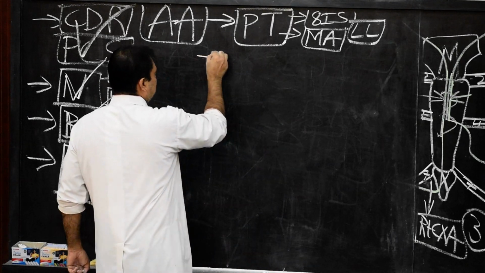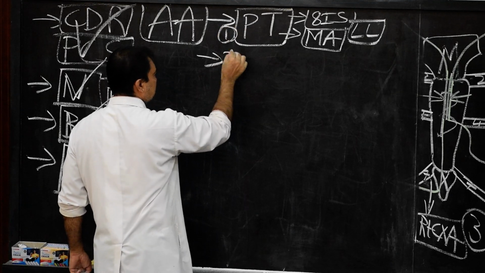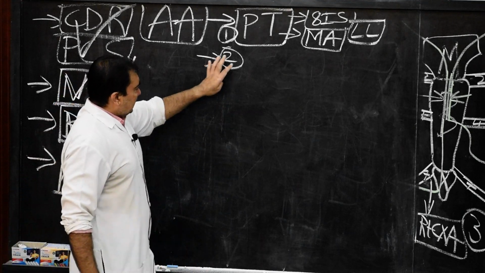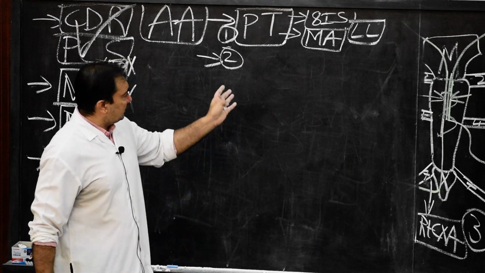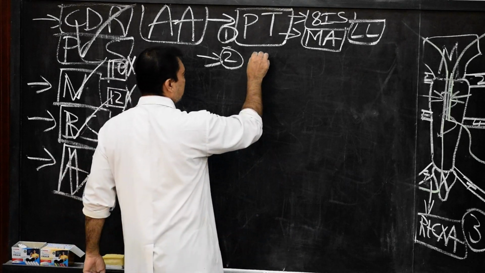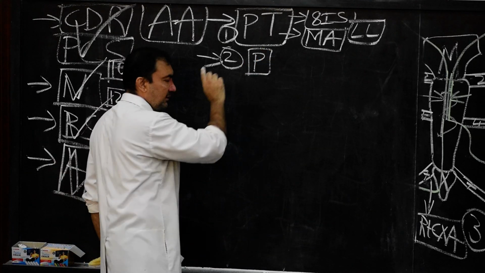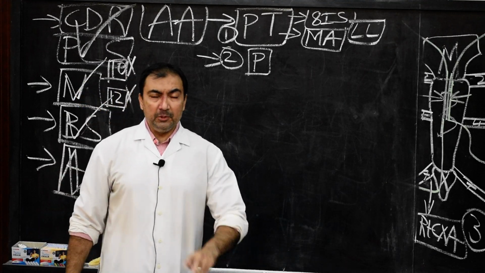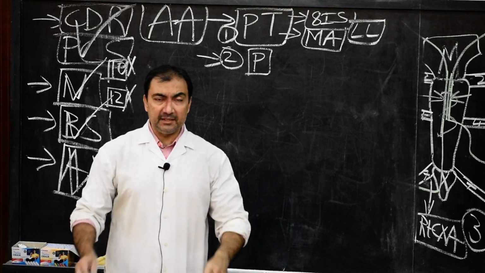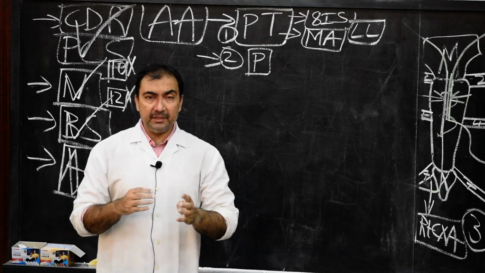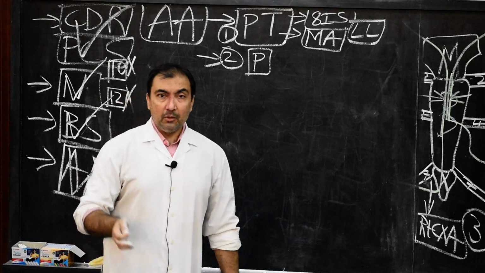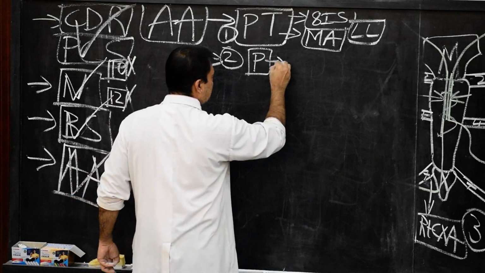Then we come across to the second point. This is the first point, paracentesis thoracis. The second point, very important, consists of various subtitles. What are the various applied anatomical phenomena? For example, first, pleurisy. What is pleurisy? Inflammation of the pleura. Pleurisy can be a dry pleurisy in which there is no collection of fluid, and this can cause a lot of pain during inspiration because of friction between parietal and pulmonary pleura. Or in pleurisy there can be collection of fluid.